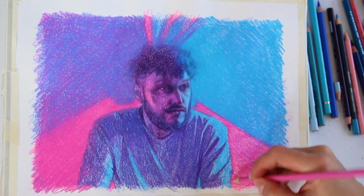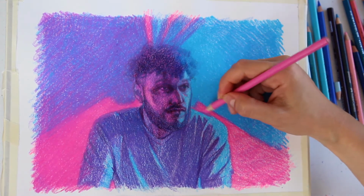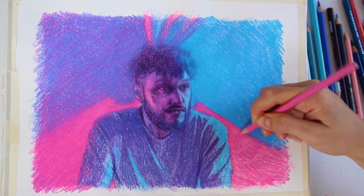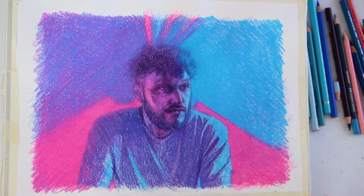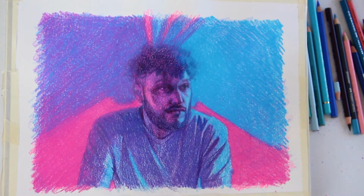And this is the only area where I really keep that edge crisp because this is where the light's coming through. So here I focus on preserving that edge because it's closest to the light source. And here, doesn't matter, just go over it. Okay, so now that the background is blended in, we can really start working on the darks closer to the